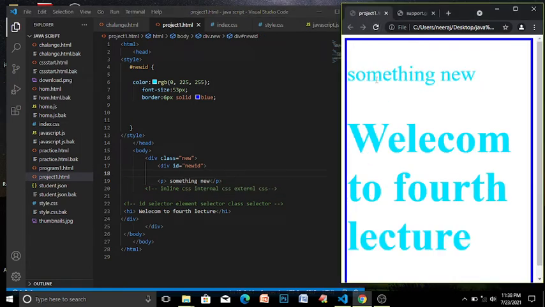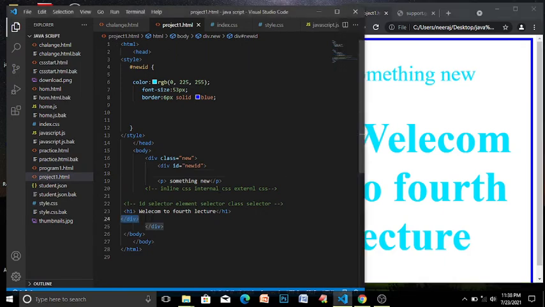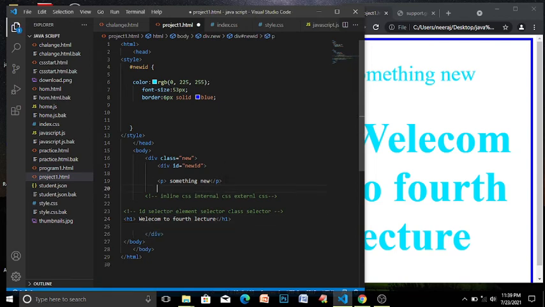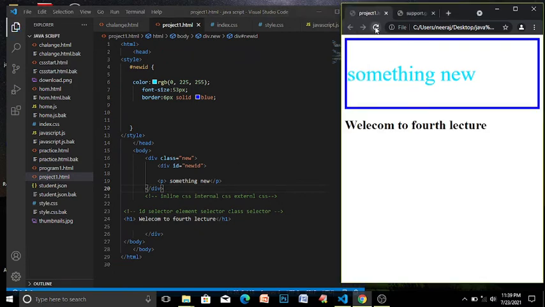You can see this also came inside the border, but I don't want this inside the border, I want it outside the border. Then we can remove this div from there and keep it here. Now let's save it and refresh. You will see something in the border, and that welcome comes out of the border because we access it from the ID.